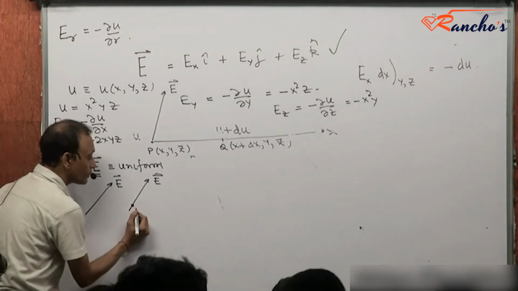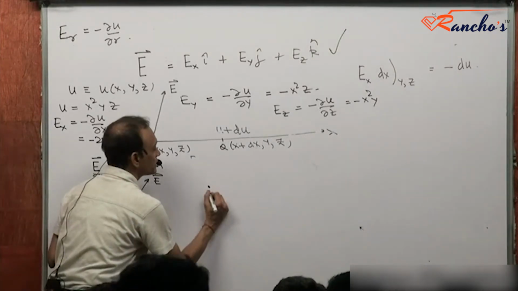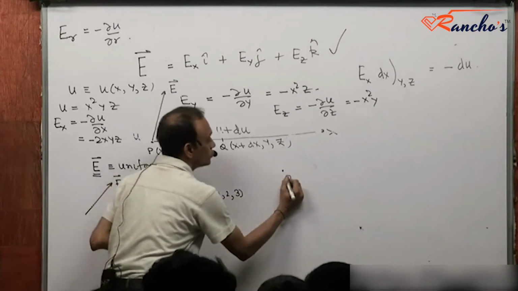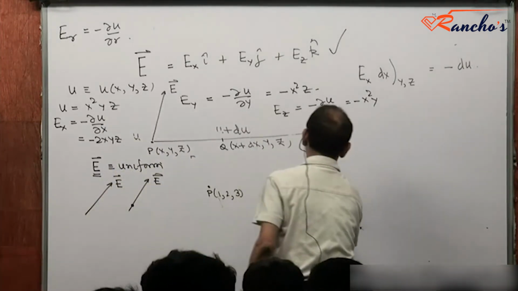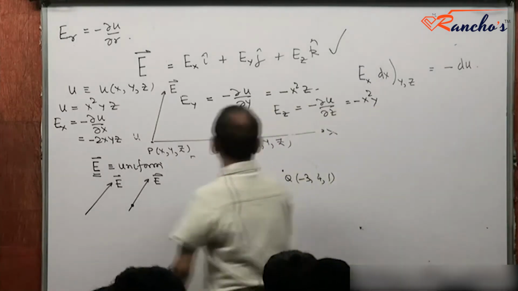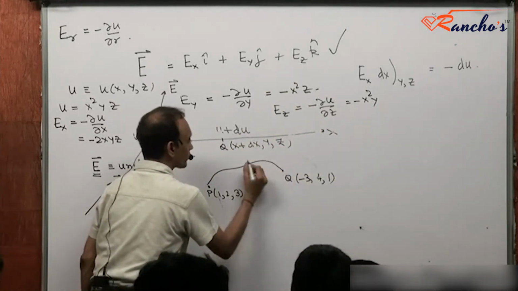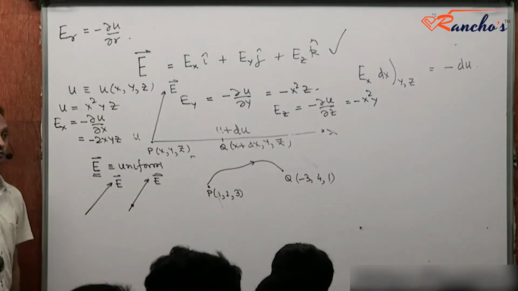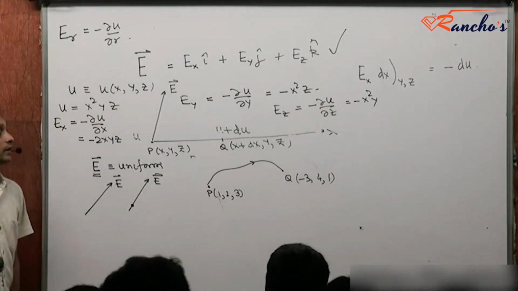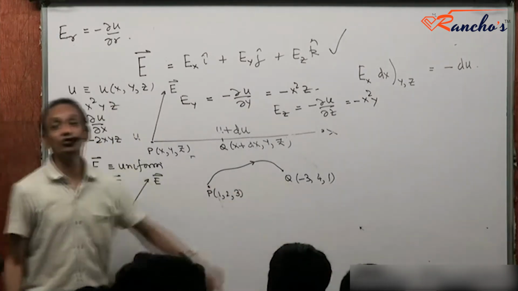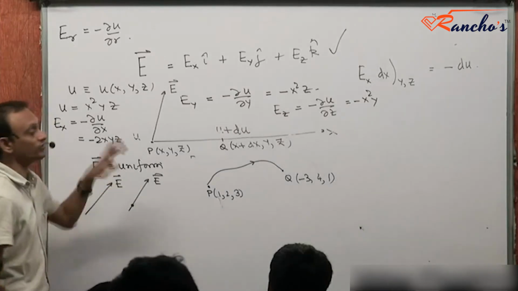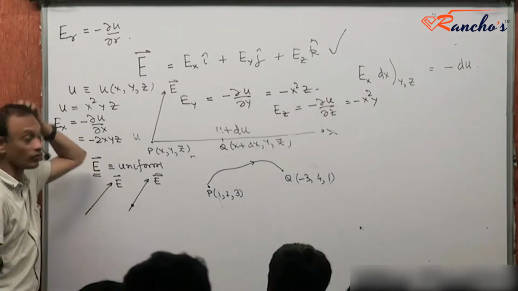Now, let's say in this region, if I take a charge from P (1, 2, 3) to a point Q, which is (-3, 4, 1). Between these two points, I want to compute the difference in potential energies. Given E uniform, I want to